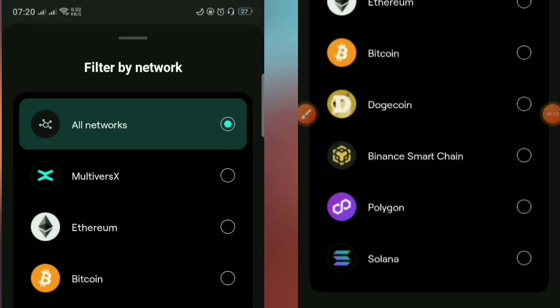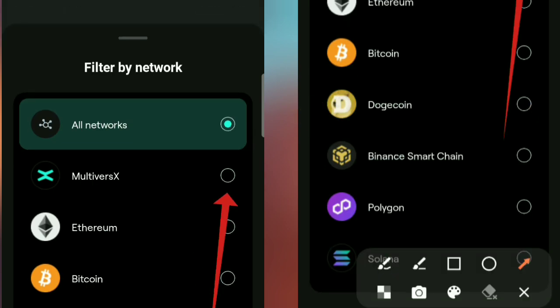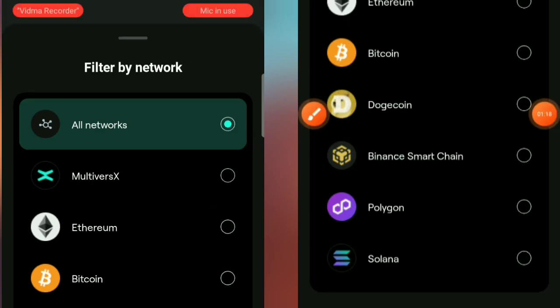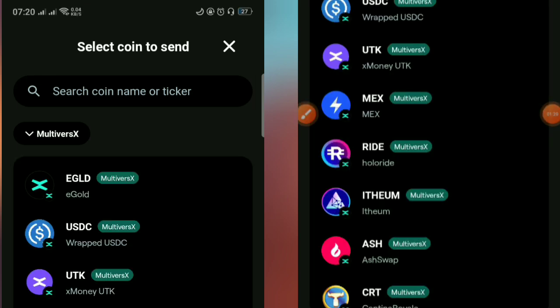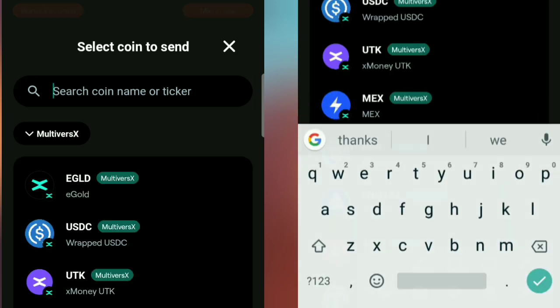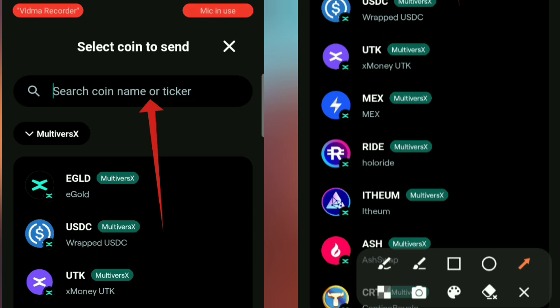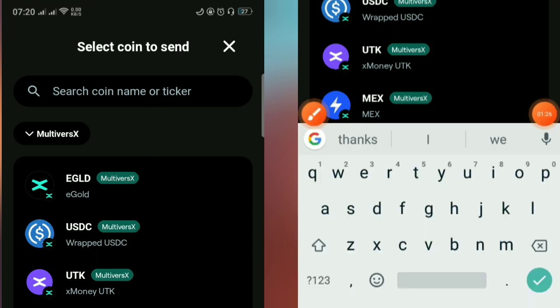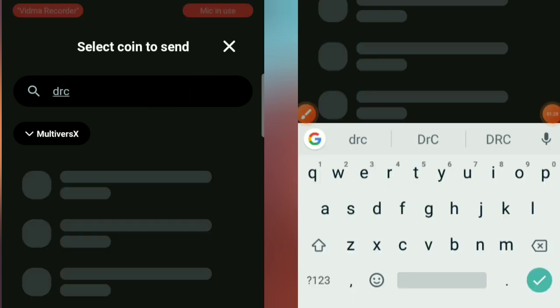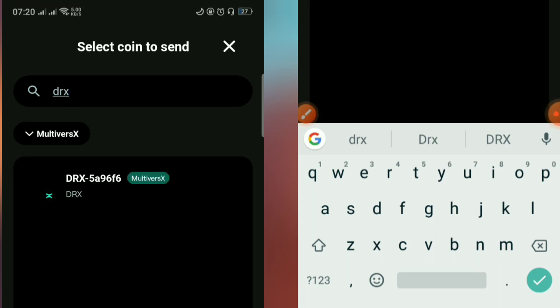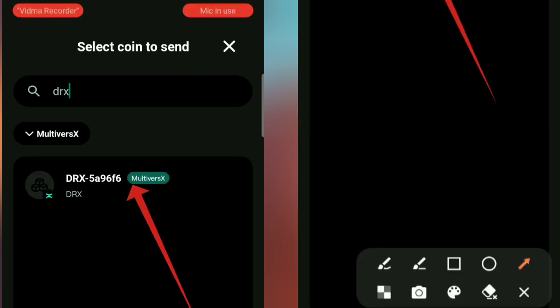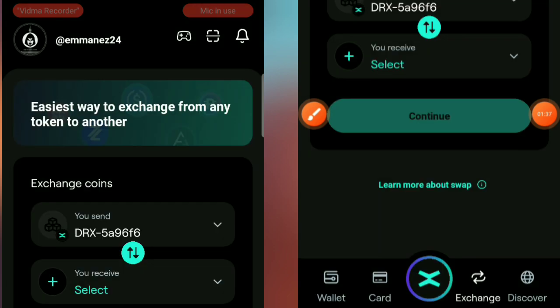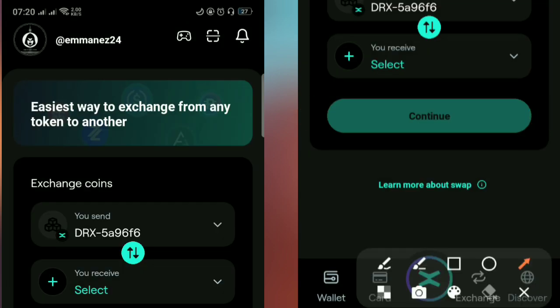Click on it and select MultiversX. So once you select MultiversX, click on this search bar, search tab here, and search for DRX. So this is DRX. Click on it and then come here